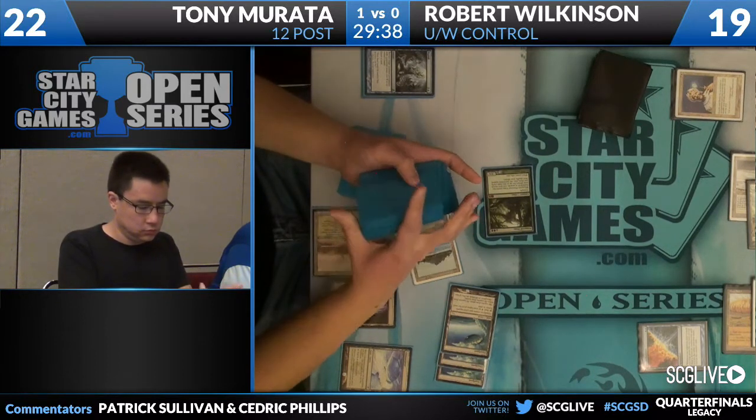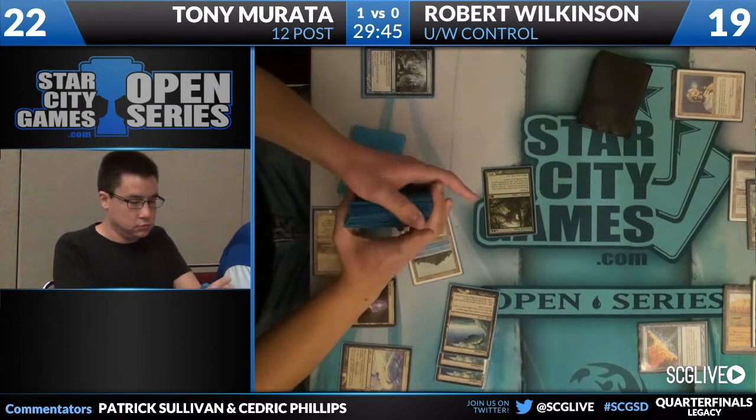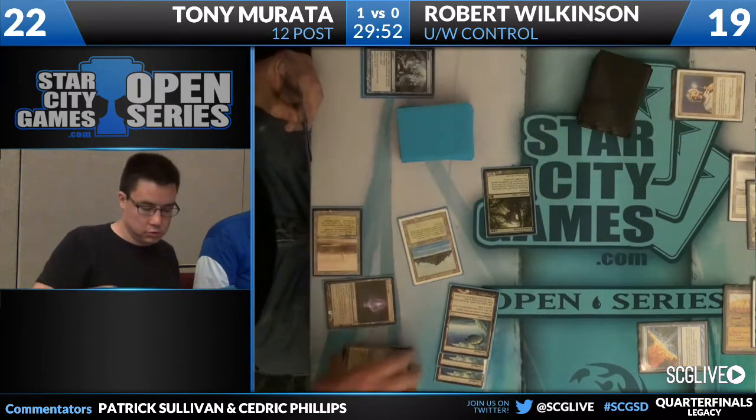So another Cloud Post and a Karakas. Karakas providing insurance against, with his Eldrazi, you can start looping. Yep. Just like we saw in game 1 there. Yeah. Unlimited time walks or vindicates or what have you. And don't forget